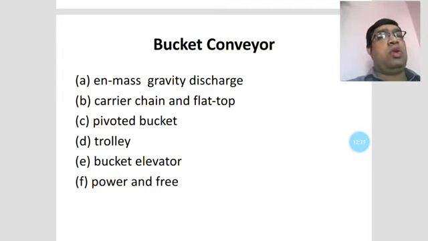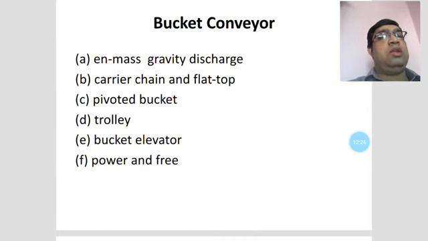mass of gravity discharge will also be concentrated on the bucket conveyor, and the carrier chain and flat-top chain will also be there, and the pivoted bucket conveyors, and a few times you have to record the pivoted bucket conveyor also, which will be hanging, and also transfer, and the trolley-type conveyor is available among the bucket-type conveyors, and sometimes the